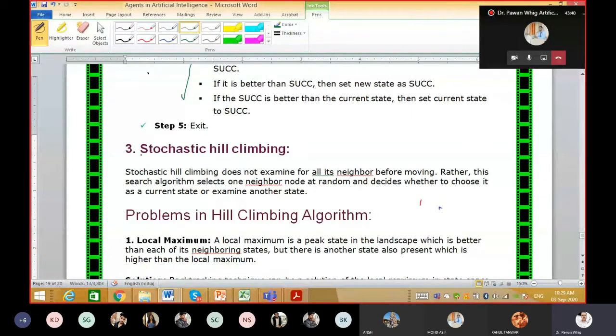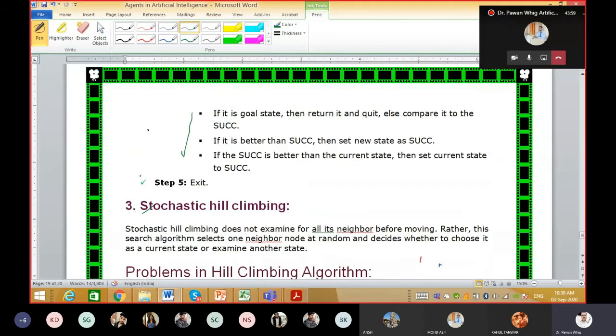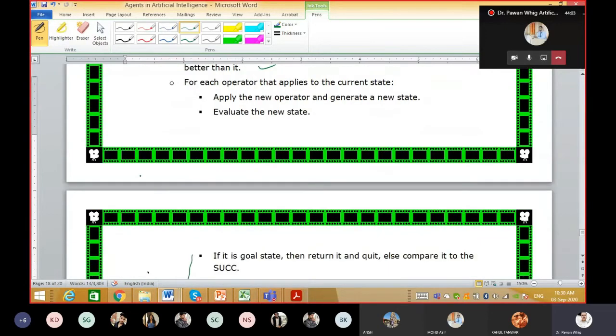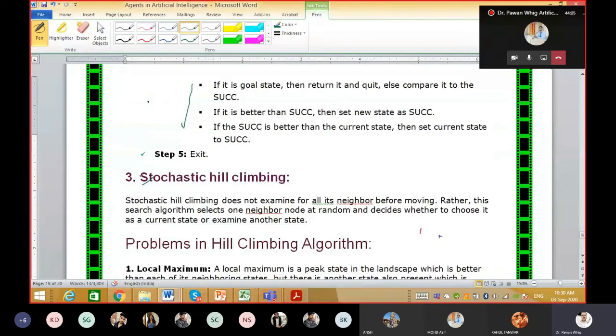What is this? Stochastic hill climbing does not examine all the neighbors before moving. Rather, this search algorithm selects one neighbor node at random and decides whether to choose it as the current state or examine other states. So this is a kind of steepest ascent hill climbing, but the only difference is that stochastic hill climbing works like an uninformed search.